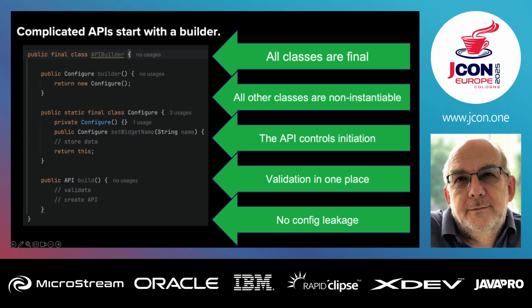Builders are really cool because of this mix of what the IDE does for you and what you can do in terms of inner classes. So, same sort of thing. You've got an API builder. The builder returns a configure in this instance, and the configure class has a private constructor, so nobody else can construct it, right? And it returns this. So configure returns this, which you can then use to be fluent, so you can build the DSL. Okay, and at some point you have one at the end which says build, create me the thing.